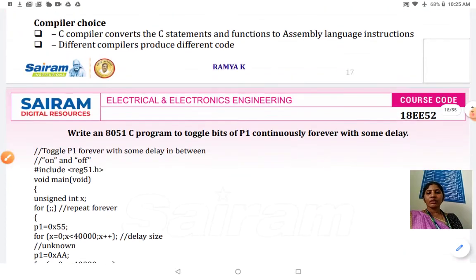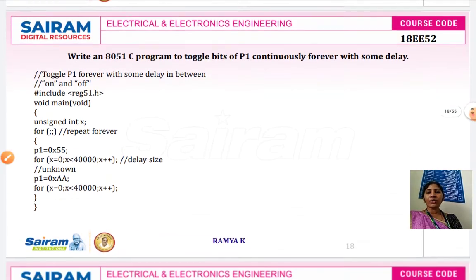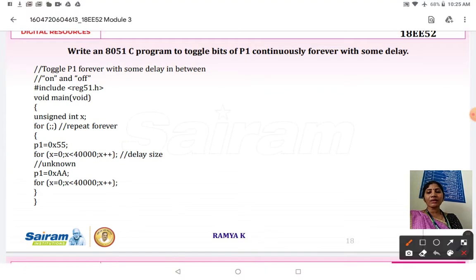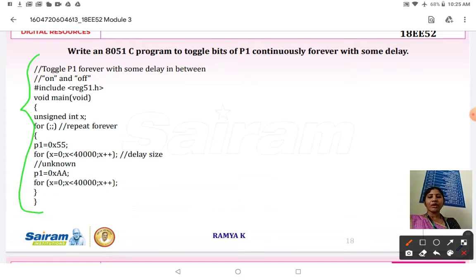Okay. So now we'll see how to write an assembly language program. Whatever I have shown over here is a C program. Now I'll show how to write an assembly language program to toggle the bits of port 1 continuously forever with some time delay.